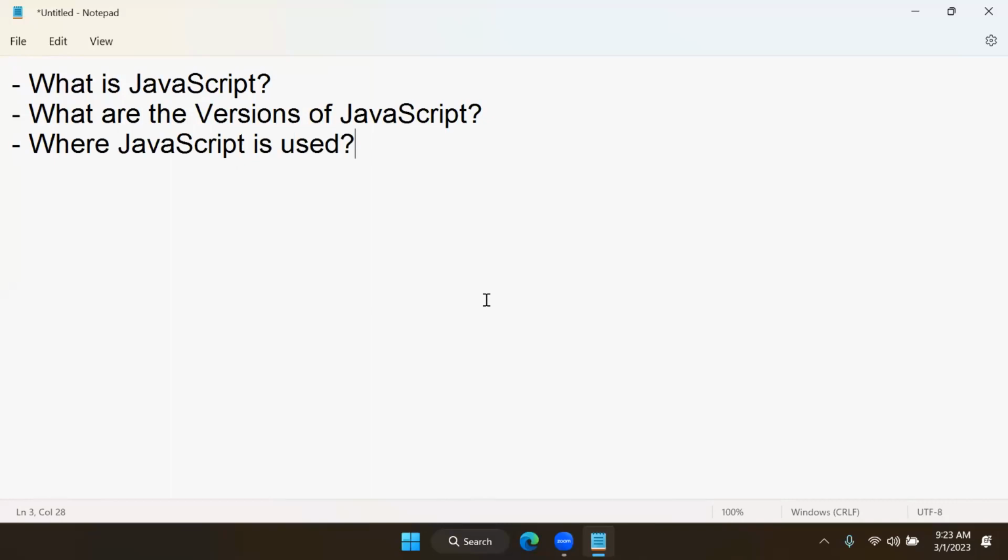JavaScript has two types of compiling techniques. What are those? One is JIT, another one is AOT. We learned two types: JIT is just in time and AOT is ahead of time. What is the difference? Remember,